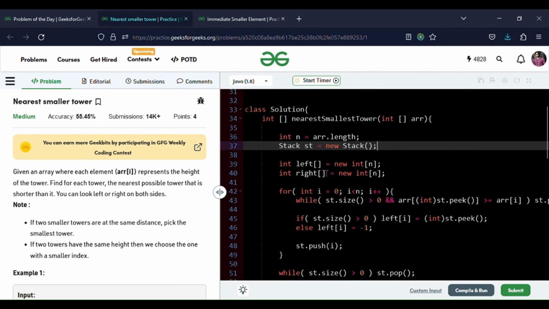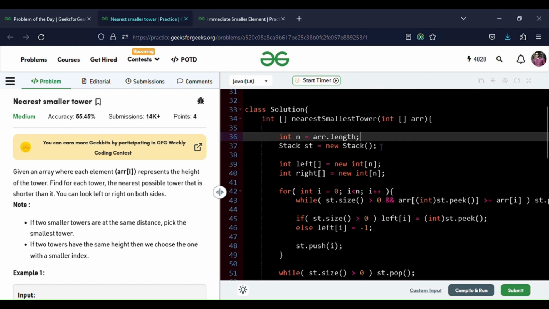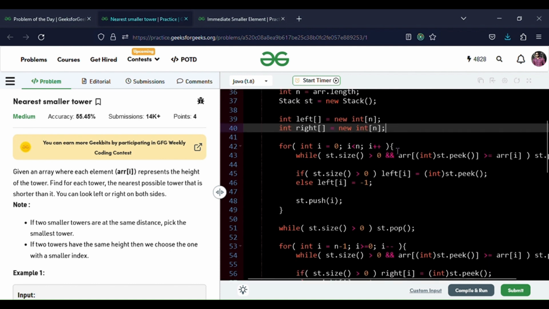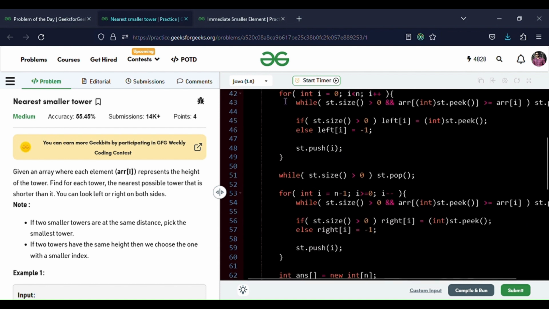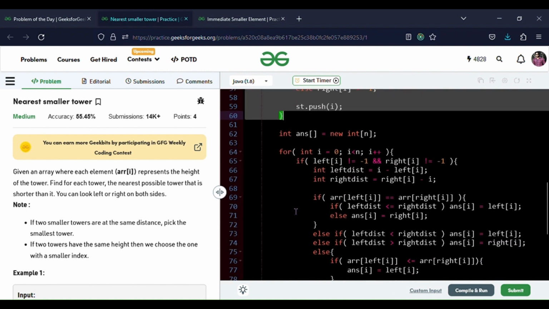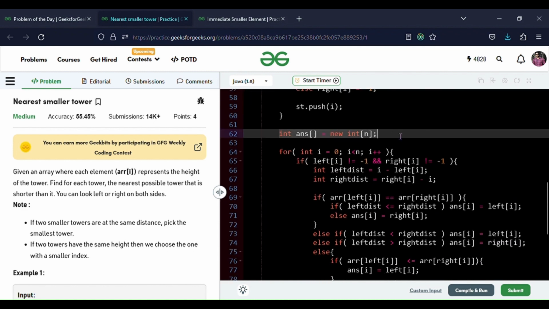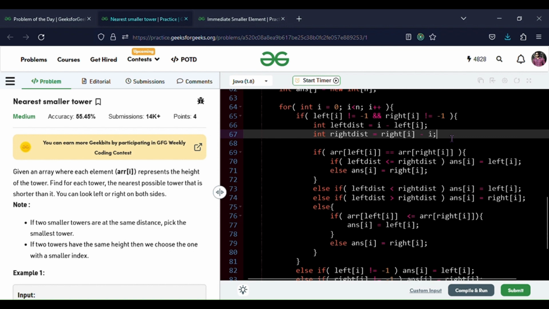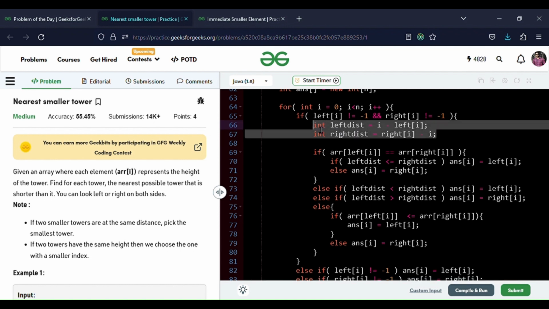So this is the Java code. I have initialized the size of the length array, and initialized the stack left and right, and this is the code for left minimum, and this is the code for right minimum, and I have initialized the answer. And if left and right both exist, we will calculate the distance from the ith index to the left side